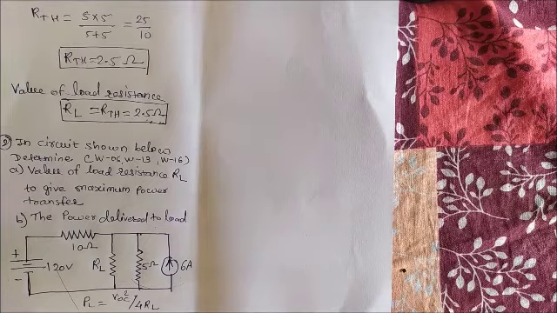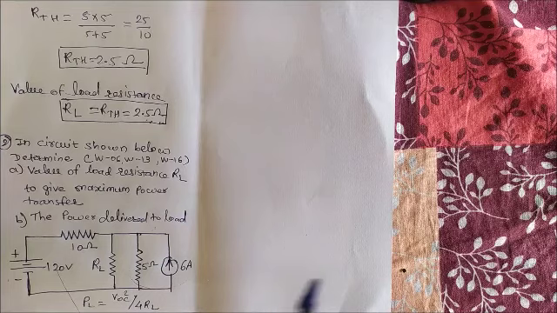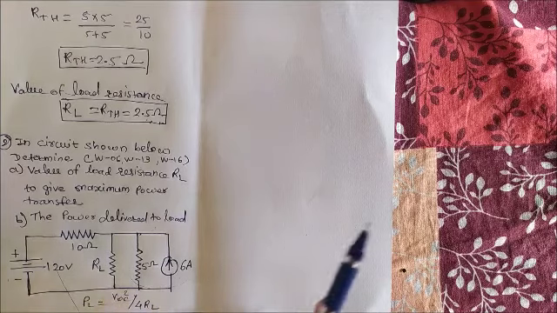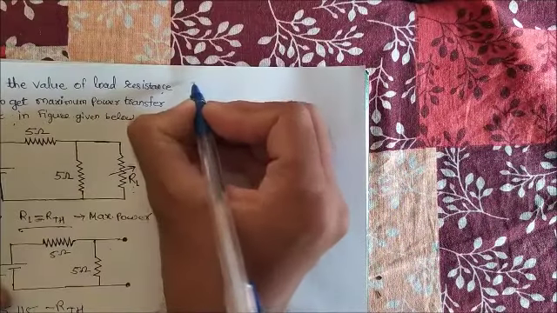And vice versa, if a voltage source is given and you want to convert it into a current source, for example, then voltage divided by series resistance will give your current source, and the resistance which is in series will be connected in parallel. So we have to first of all convert this current source into voltage source, and for this I will convert this current source here in such a manner.